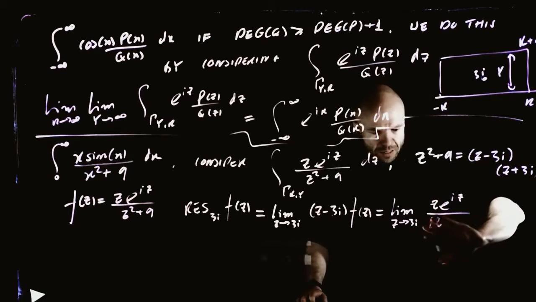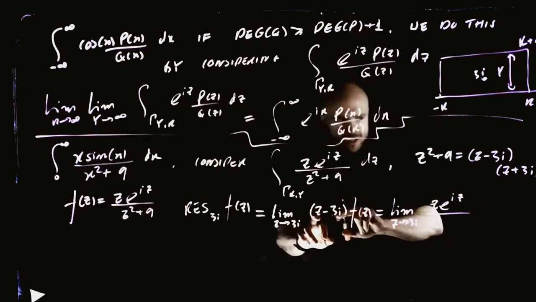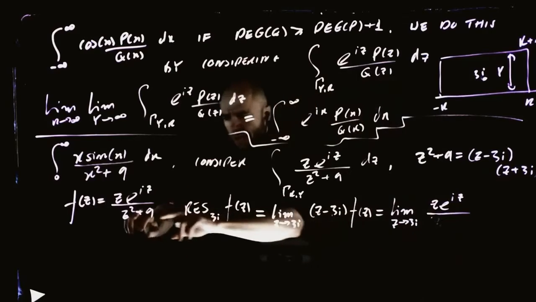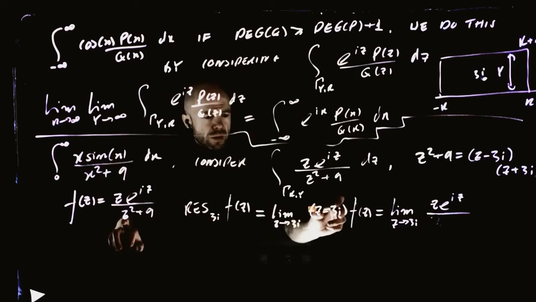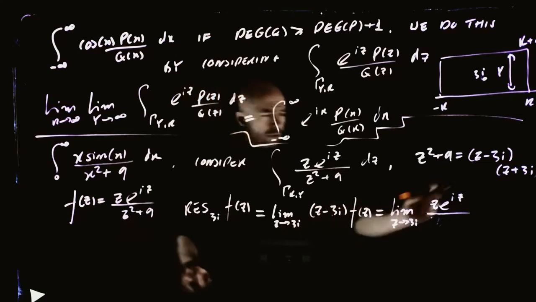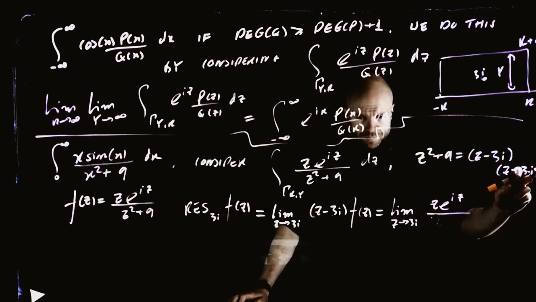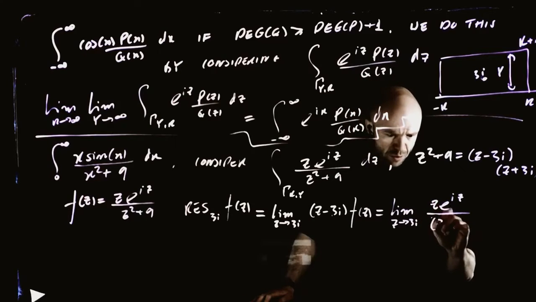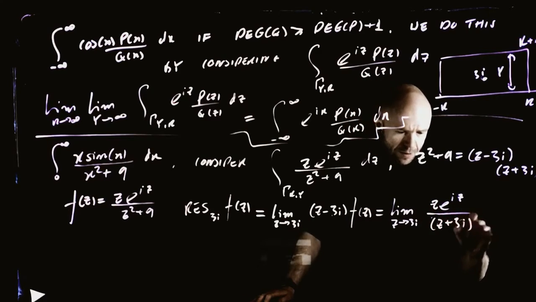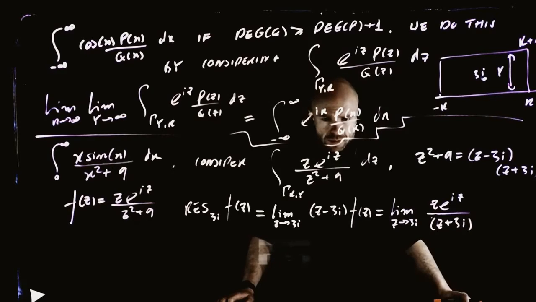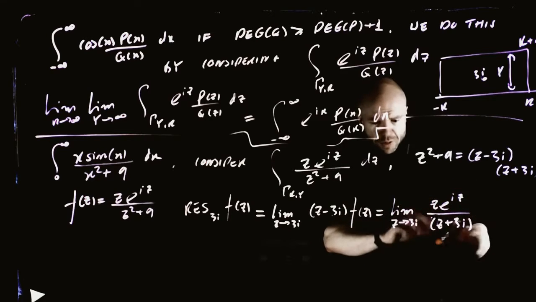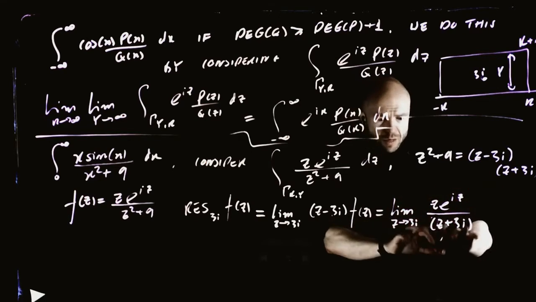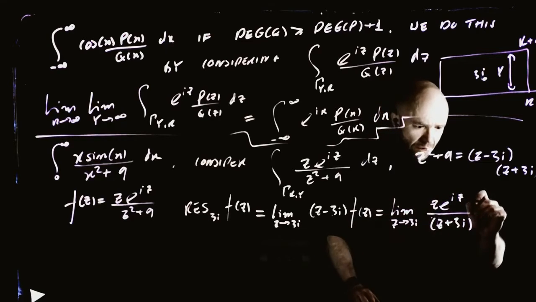Okay, so we're going to do this in one step. When we multiply z minus 3i to this expression, since this thing breaks up into z minus 3i and z plus 3i, when we multiply this through, all we're going to have on the bottom is z plus 3i. Are you happy with that? Cool. This is perfectly good because the top and the bottom are continuous, holomorphic at 3i, there's no problem,